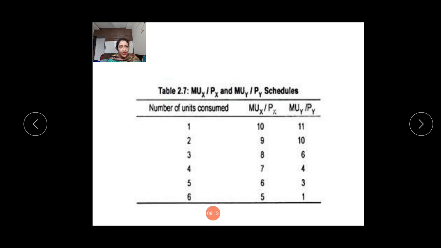But can we actually say that this condition is fulfilling our equilibrium? No. For equilibrium to be satisfied, the consumer has to spend all of his income. Okay, so actual equilibrium is at the point where the consumer is consuming 3 units of good Y and 5 units of good X. Okay, as you can see over here, 6 and 6. Here the consumer will be spending all of his income and also he will be gaining maximum satisfaction.